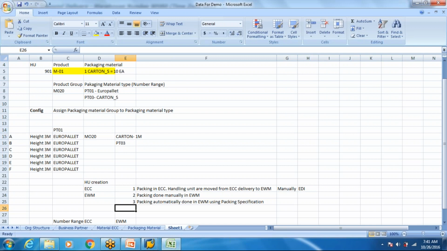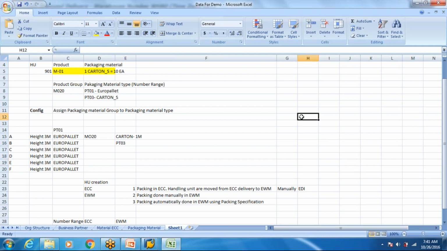Okay, EDI. We are creating delivery manually using VL31N, correct? Okay, that is clear. In your business, with your regular customer, you also have an option where people are not creating deliveries manually in VL31N. They get the information from vendors.